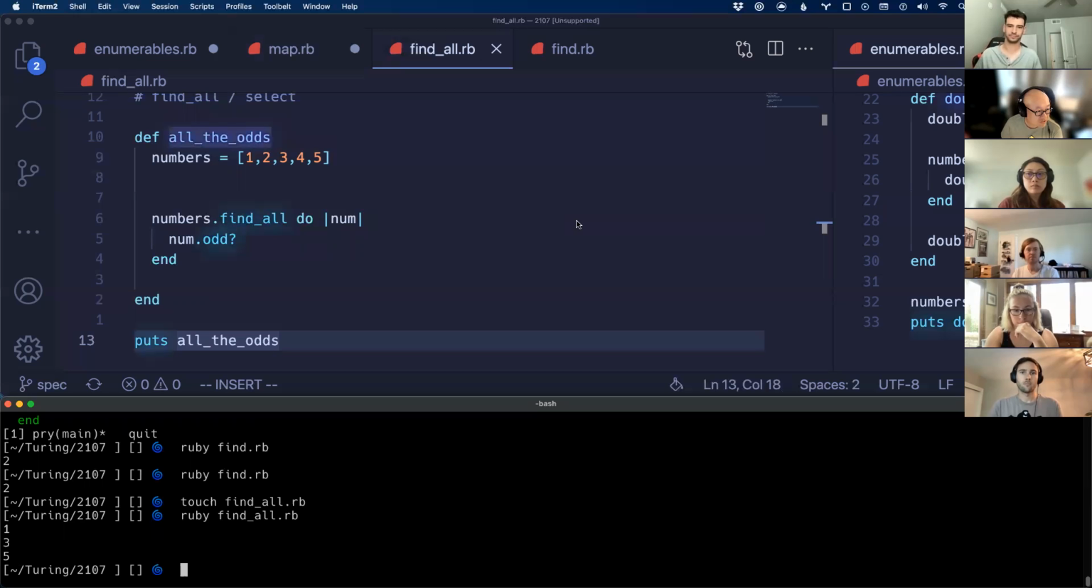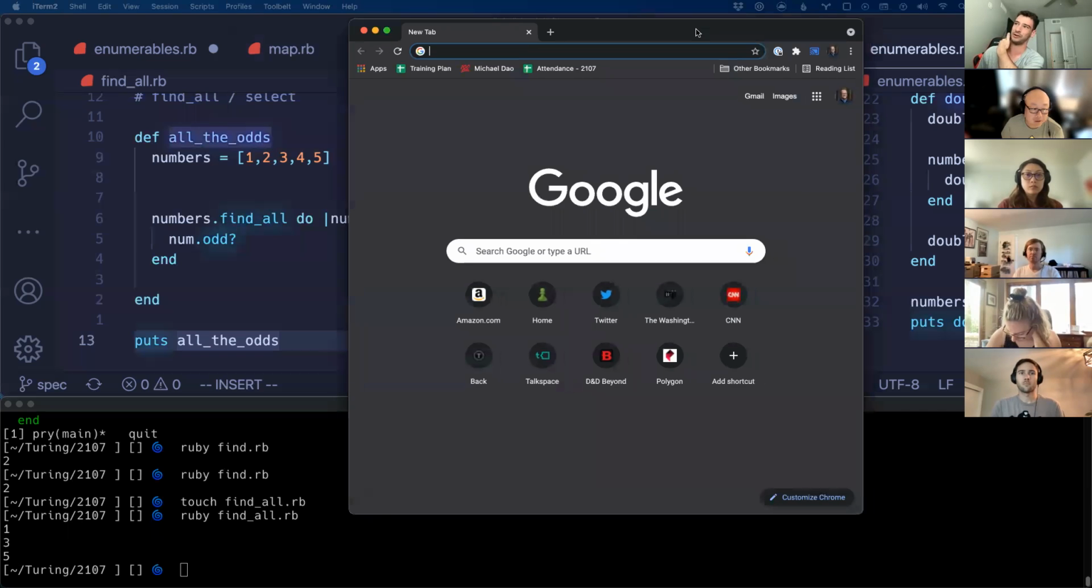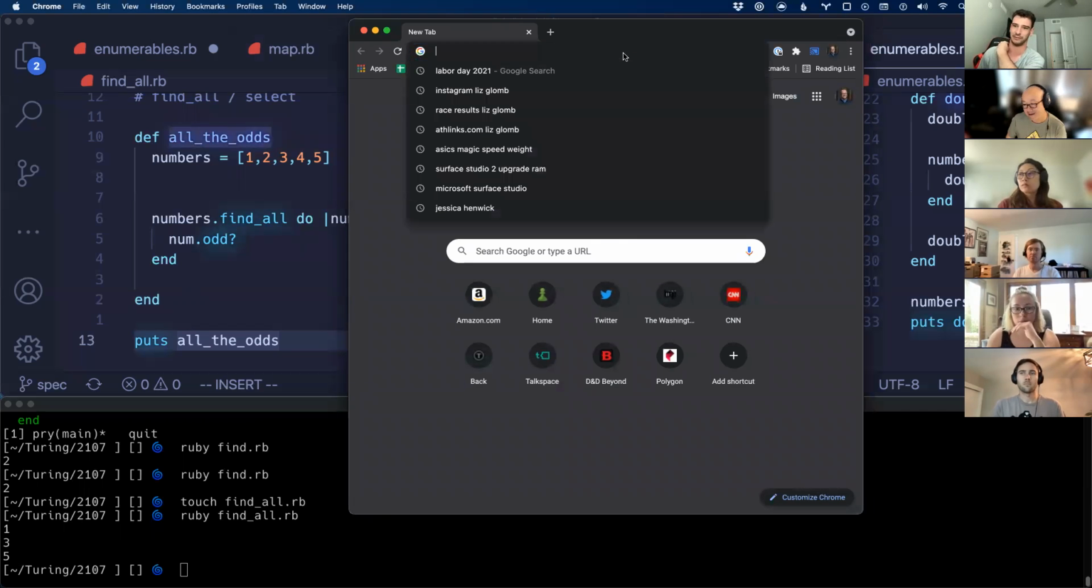Yeah, find all, select, whatever you select. Ted? This is a little off topic, but when I'm trying to find new enumerables or looking through the Ruby docs, I just looked up find all on the docs right now. Is it just me? It's hard to read the docs. Like, yeah. Why so? Because